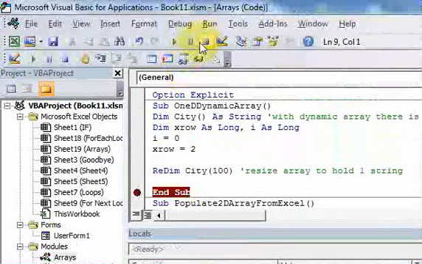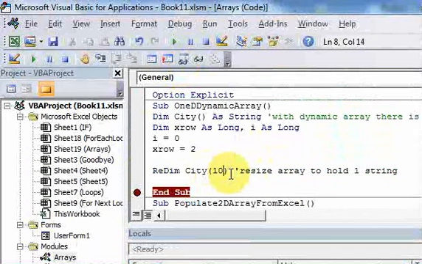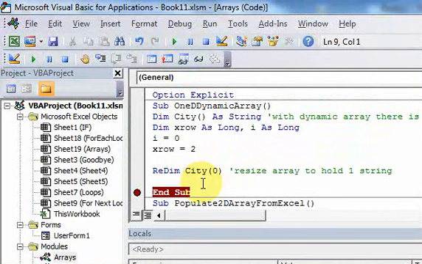And we want to change it to hold one thing. Why do we want to change it to hold one thing? Because we want to keep our dynamic array as small as possible. And initially, we're going to allow it to hold one thing, and if there's a city that's in California, we're going to put it in there. So let's loop through the